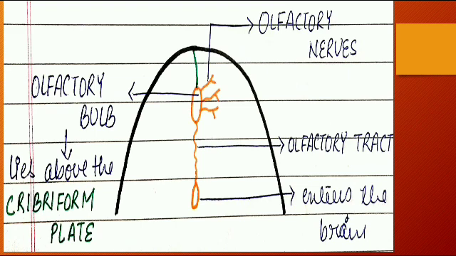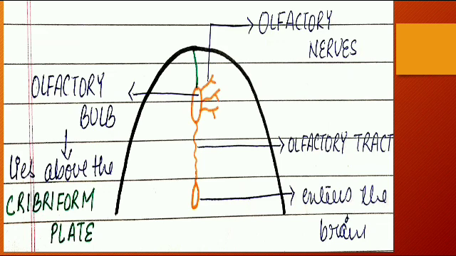Okay, so this is your olfactory bulb, and below this olfactory bulb is your cribriform plate. So you can also say that the olfactory bulb lies above the cribriform plate. There are olfactory nerves arising from the bulb, and there is a tract, the olfactory tract, also emerging from the bulb, and it enters the forebrain. And these olfactory nerves, as I said in the previous slide, descend downwards, enter these holes on the cribriform plate and descend into the nose.